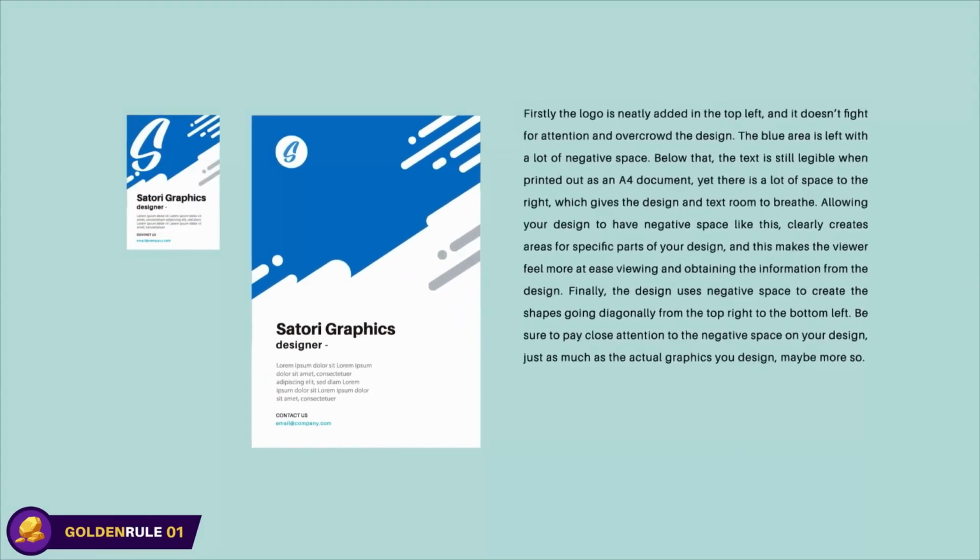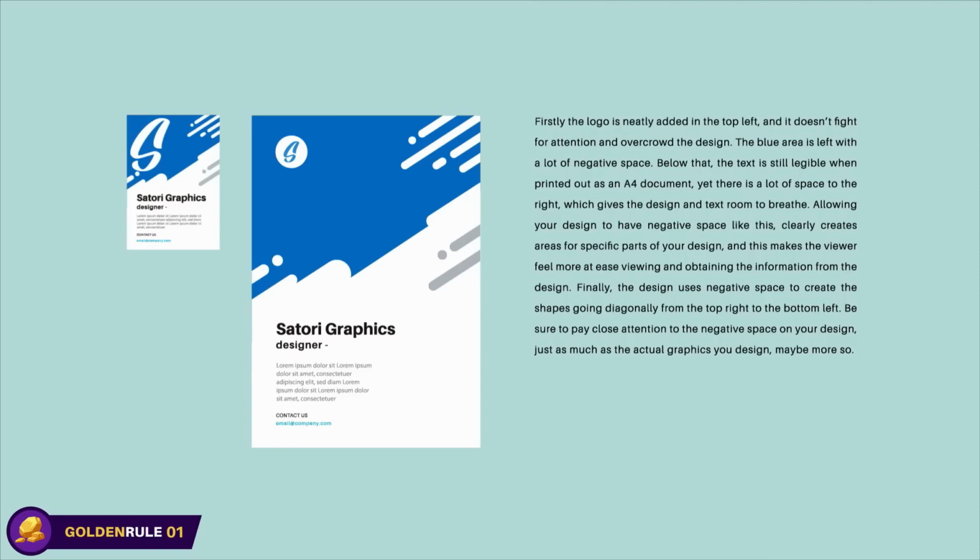So firstly, the logo is neatly added in the top left, and it doesn't fight for attention and overcrowd the design. The blue area is left with a lot of negative space, which does look neat and also organized. Below that, the text is still legible when printed out on A4 documents, yet there is a lot of space to the bottom right, which gives the design and the text some more room to breathe. Allowing your design to have negative space like this clearly creates areas for specific parts of your design, and this makes the viewer feel more at ease when viewing your design and trying to gather the information from the design